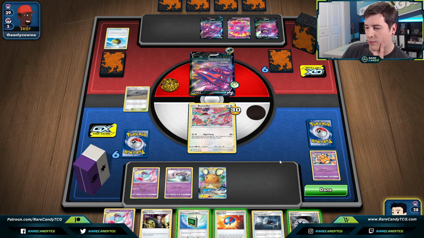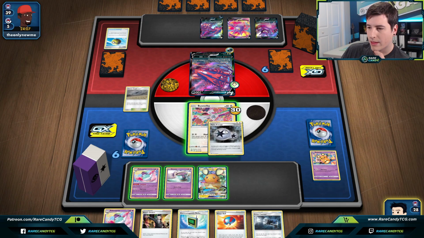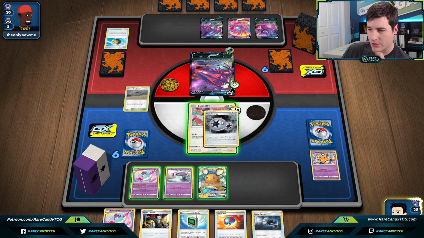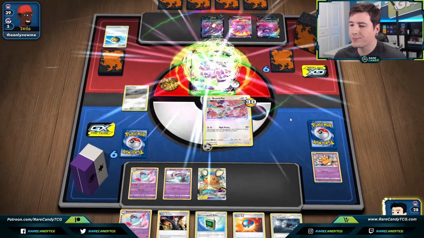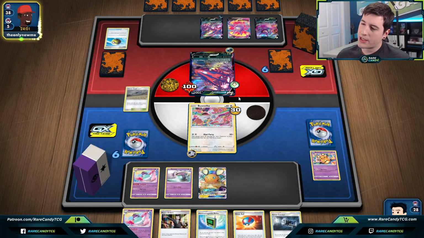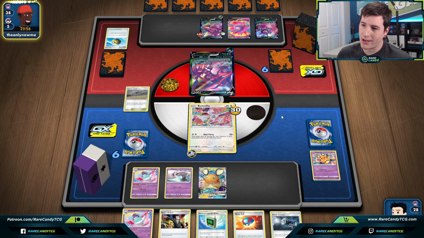Yeah, so for the moment, I think we're fine. We could Great Ball, but there's nothing we really want this turn to hit. I'm going to save that for a T-Break target for next turn. And we're just going to go for the Mad Party. But nevertheless, getting the first hit in on this guy means we have to do, oh man, 240 next turn if we want to knock out Eternatus VMAX, but it looks like they might be...